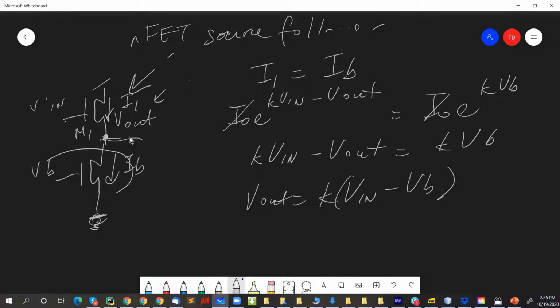Remember the transistor actually has 4 terminals: the drain, source, gate, and bulk. Everything is relative to the source. But if the source changes, then even if you put the same gate voltage, I need to be careful what I'm saying here. So if I draw V gate, and this is ground and this is V out,